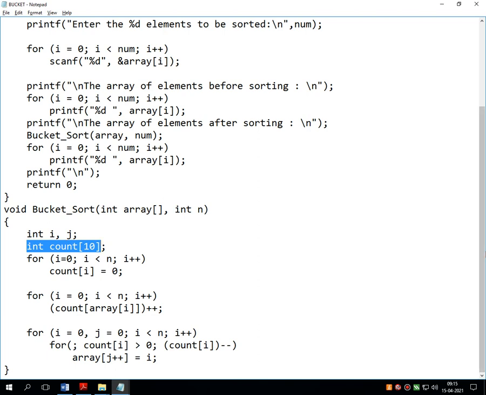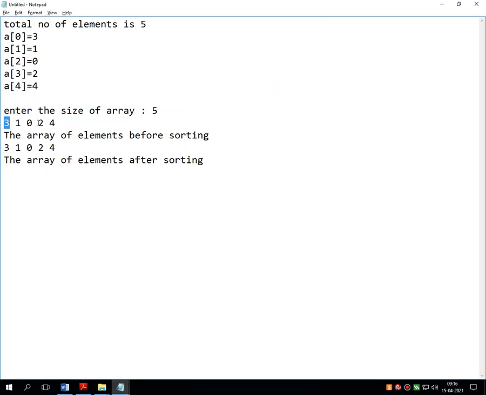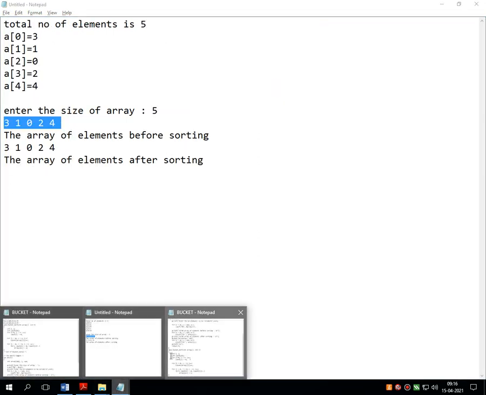Maximum my program sorts any 10 numbers. Then whatever values are there in this array must be counted. So this for loop counts how many values are there in the array. Ultimately it gets the count 5 because we have entered 5 unsorted elements.